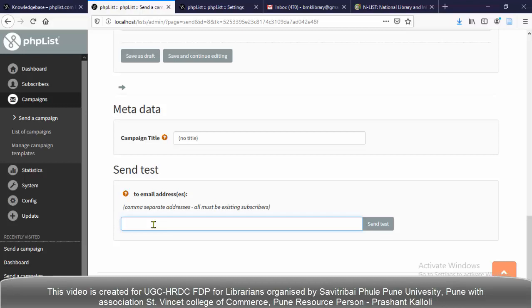So every time you have to try this send test option. So I'm going to test here. I'm putting my email ID, bmklibrary@gmail.com, and clicking send.